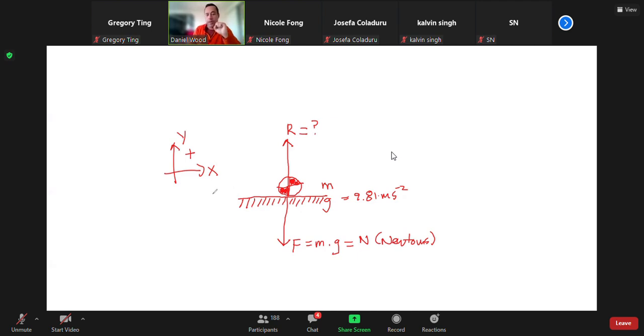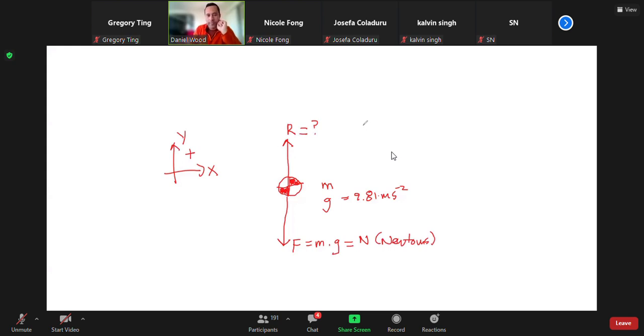The free body occurs when the body is not suspended by any sort of real interference. So for it to become a free body, I need to remove that surface. Now this body is basically suspended in space. It's not accelerating down in the negative y direction, and it's not accelerating up in the positive y direction. It is essentially held stationary by the applied force of gravity and by the reaction force, which in this case are going to be equal, because what I do know is I have one